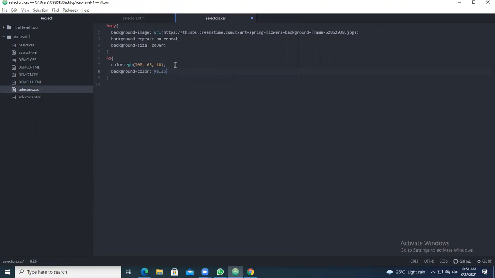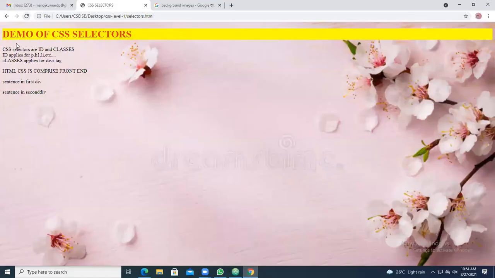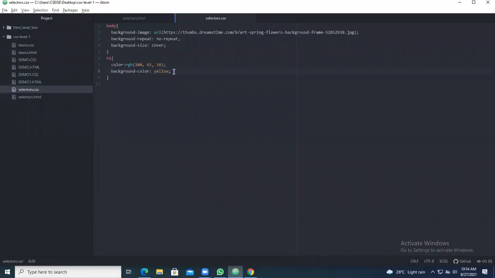You give it as yellow. When you give the background as yellow, you see you are getting the background in yellow color like this. Understanding?